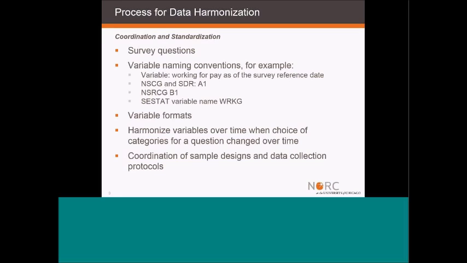And the variable formats. If there are categories, what kind of categories, even for age categories or race, ethnicity, or other categories, provide standardization so that survey contractors follow that variable format. So when you combine, you can use those variables in the same category. And then, as I said, for the few variables where the question wording changes over time, you make sure that the estimates and the trend analysis are not affected by the question wording change.